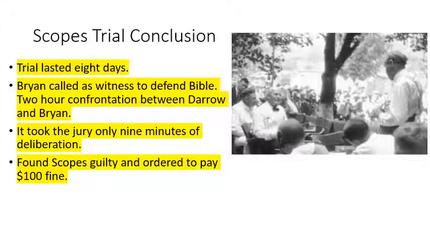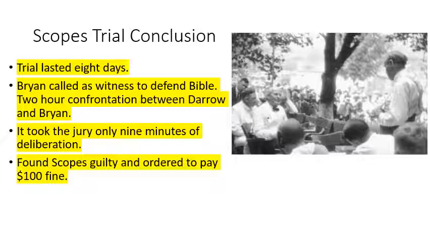So how does the Scopes trial conclude? The trial lasts 8 days. The defense didn't really think they were going to win. They were trying to draw attention to this law that had been passed in Tennessee, the Butler Act. But a big highlight of the case is that Bryan is called as a witness to defend the Bible, and